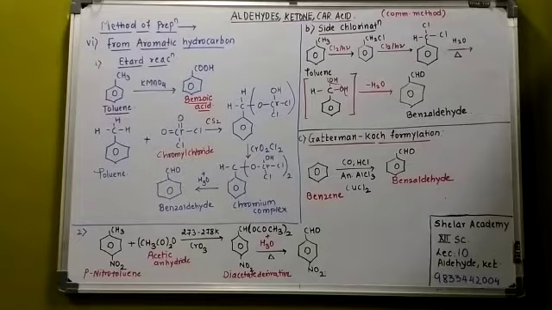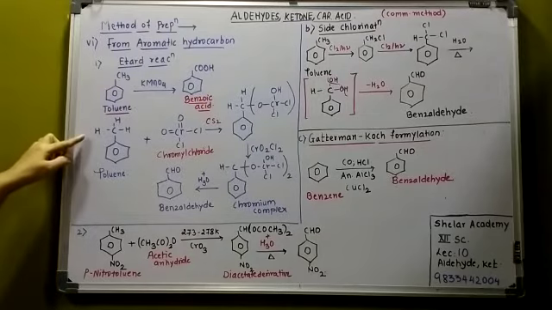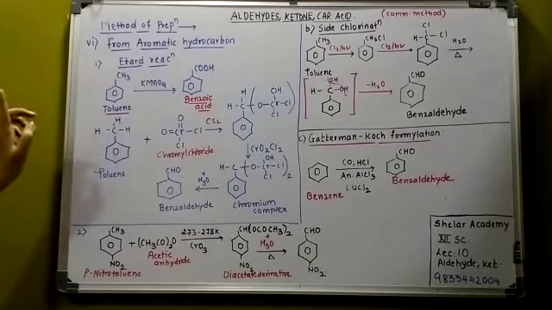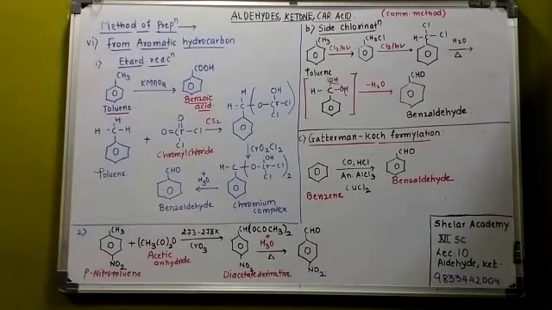Okay, so what we use is chromyl chloride as the oxidizing agent. Purposely I have written the structure like this so that you can understand. Now see, यहाँ पे chromyl chloride का oxidation state क्या है? It is +6. And then what does it form? See, अभी toluene में यहाँ पे कितने hydrogen atoms हैं? 3. Benzaldehyde में कितना चाहिए? 1. Extra कितना है? 2. So these two hydrogen atoms, they are replaceable. So it is reacted with chromyl chloride in the presence of carbon disulfide acting as a solvent.